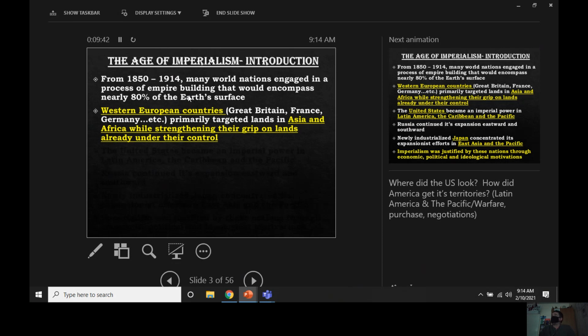Africa gets conquered and colonized almost in its entirety and will remain so in a lot of ways until after World War II. Asia, you do see India get taken over. You do see parts of Southeast Asia get directly colonized, places like Vietnam, Indonesia. China, we kind of already talked about that. While they don't get directly colonized, they certainly are manipulated and controlled to some extent, economically, if nothing else.